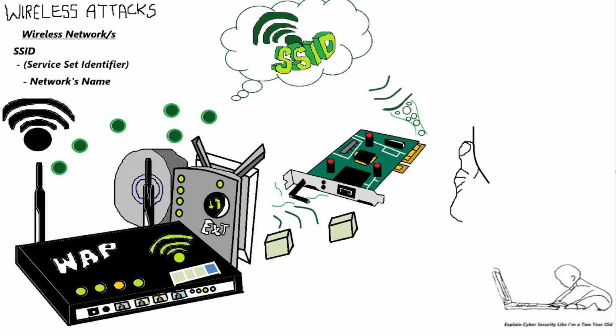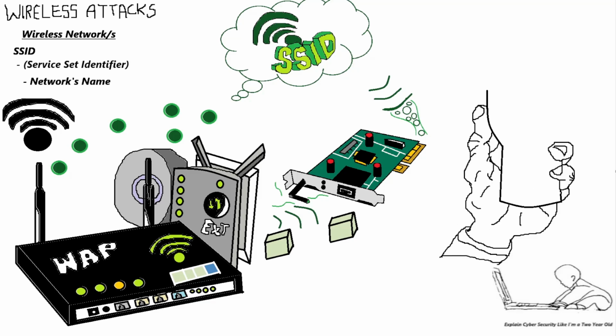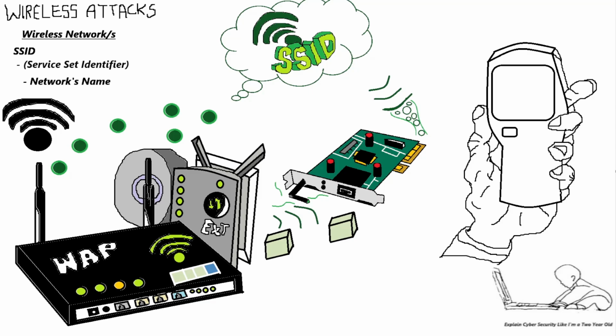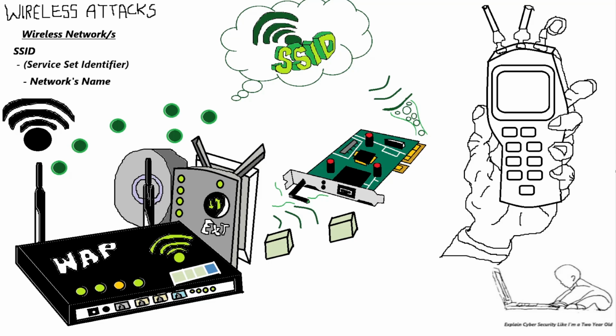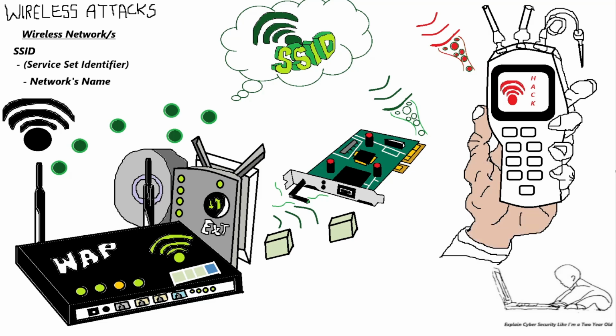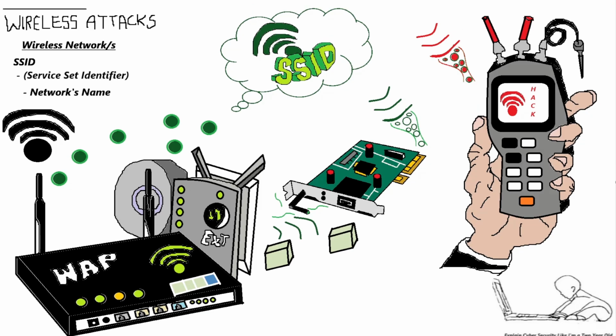So, now that we understand the basic concepts of wireless communications, let's move on to some wireless attacks. And to start an attack, you would first need some form of wireless scanner that would be able to determine whether there are any wireless networks in the area, including what frequency and channel they are using, the SSID, and what type of encryption is in use, if any, for that network.